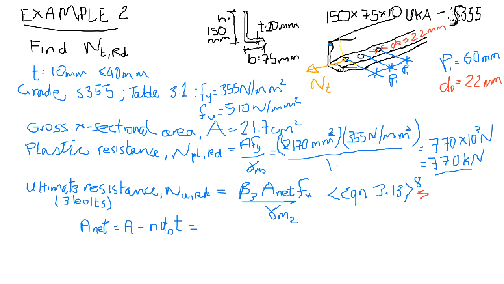So that's 2,170 millimeters squared, minus the number of holes, which is 1, times the hole diameter, which is 22 millimeters. It won't be 3, no, it's 1, so n is equal to 1 because it's through